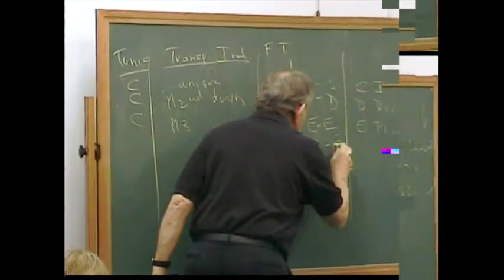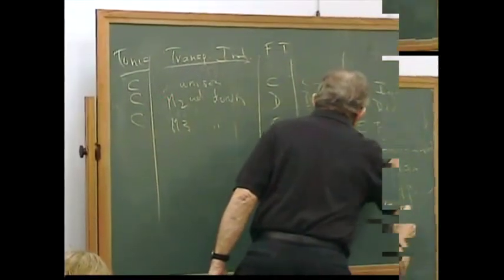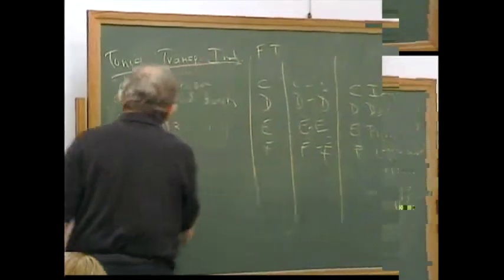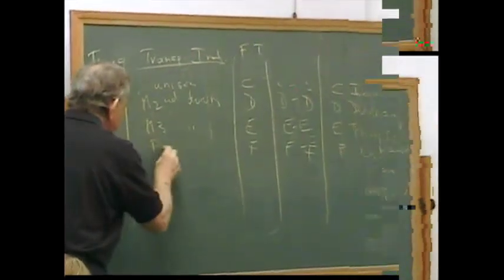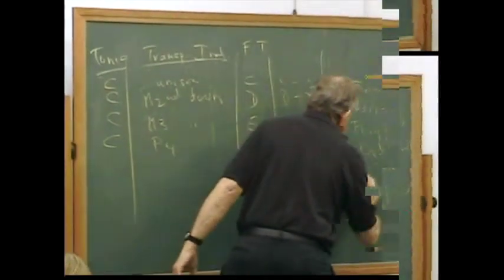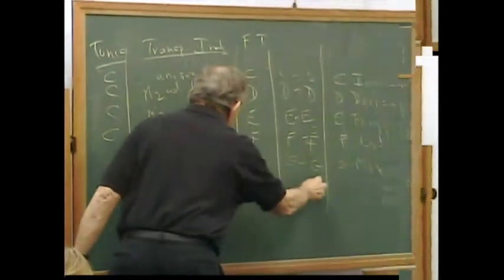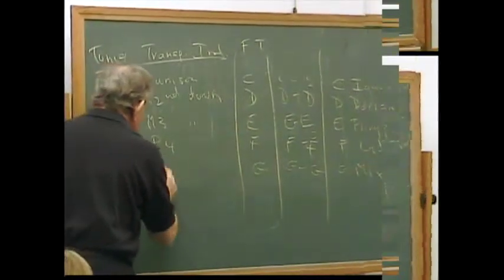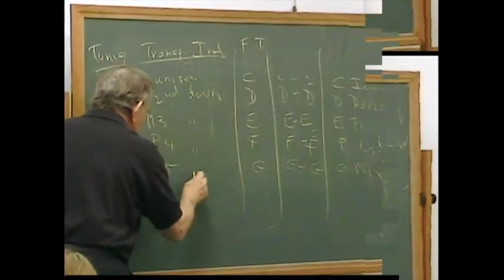The Phrygian mode in the key of C is known as E Phrygian. F to F is F Lydian. F is the fundamental tone, C is the tonic, still using white keys of the piano, perfect fourth down to get from here to here. G to G is G Mixolydian. G is the fundamental tone, C is the tonic, still using white keys, perfect fifth down to get from here